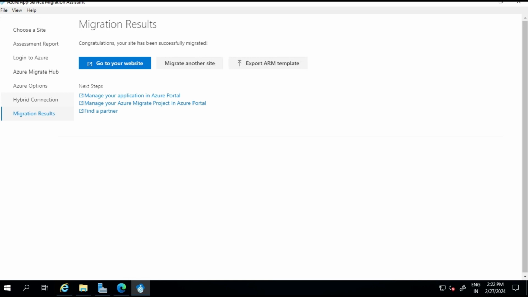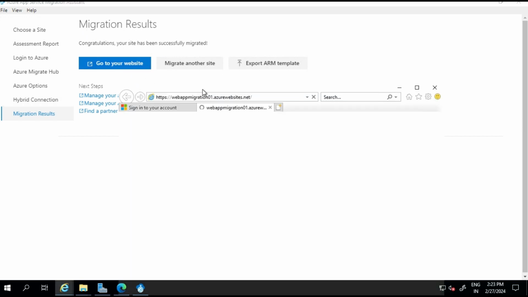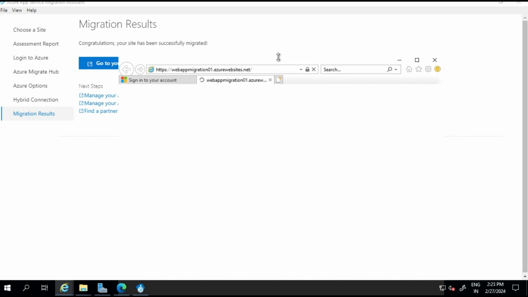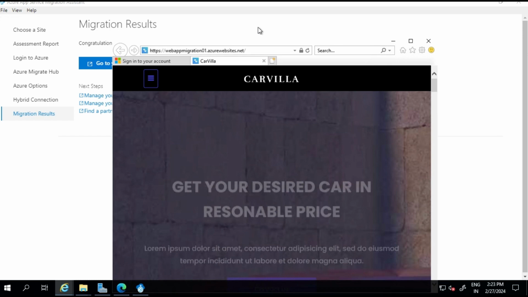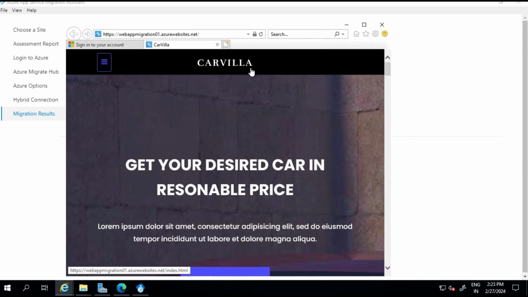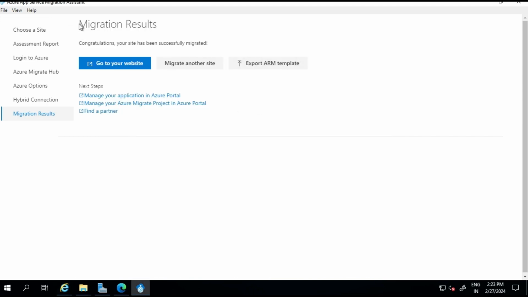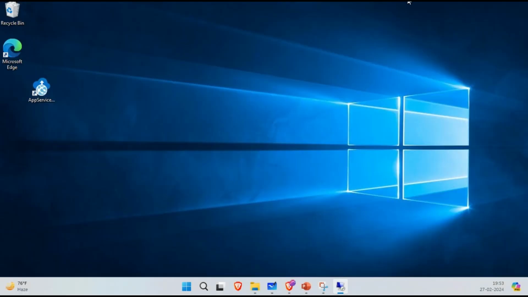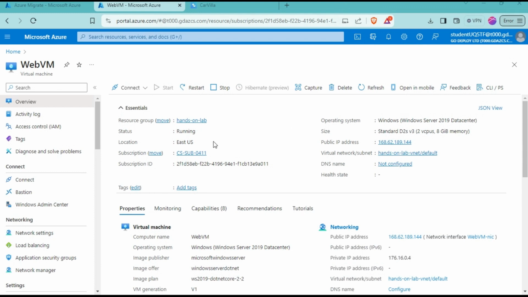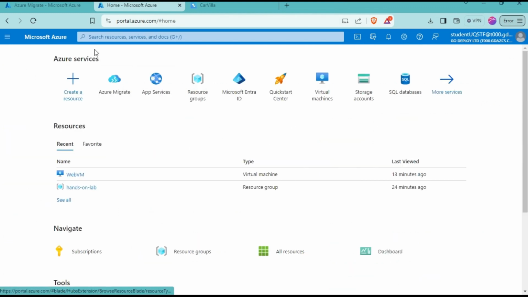Right now we are seeing what the process actually is, how migration is happening in the actual environments. So once it is migrated, okay, congratulations, your site has been successfully migrated. You can click here. Still I'm in the on-premises server, and we already migrated from on-prem to the cloud. If I close this Windows server and check in the cloud,